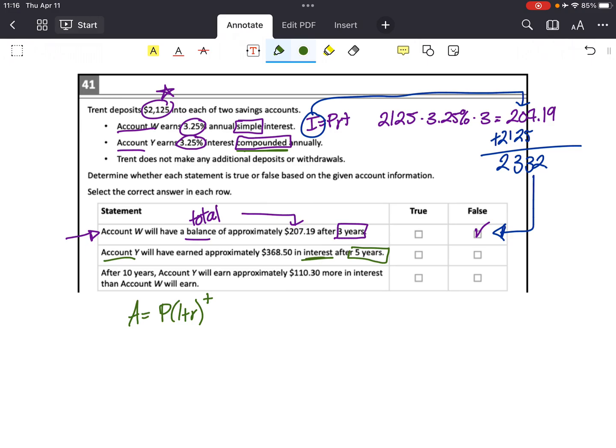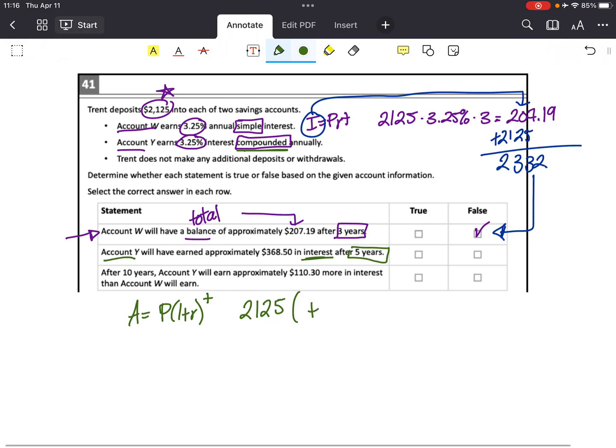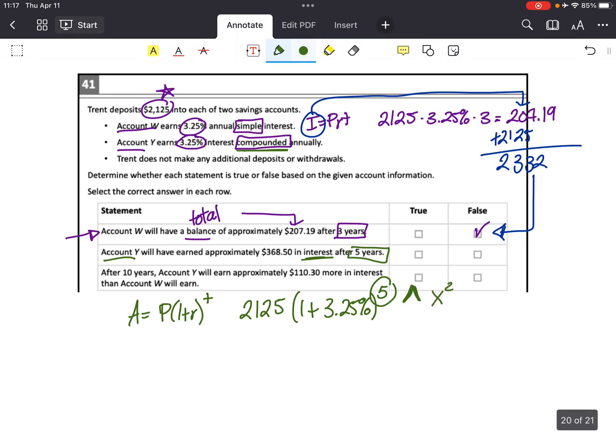So when you plug in all of your numbers, it is 2,125(1 + 3.25%) to the power of your 5 years. Remember, to get to the exponent, any number that you want, you have to press this little hat button on your calculator. It is next to the x squared. When you do this, you would get an answer of